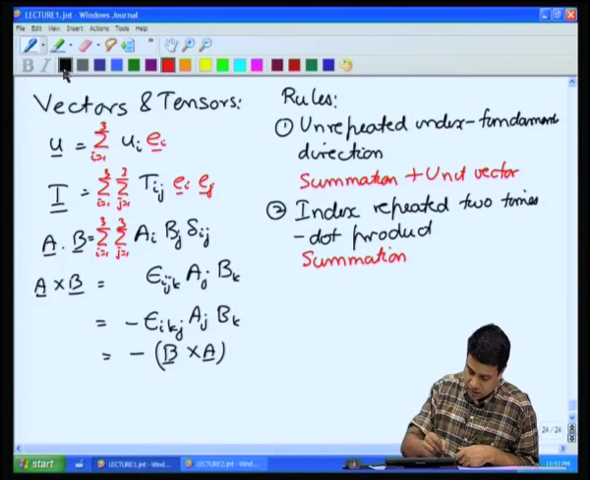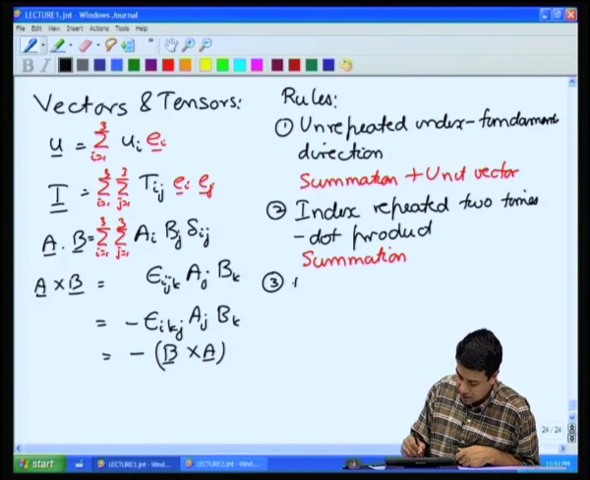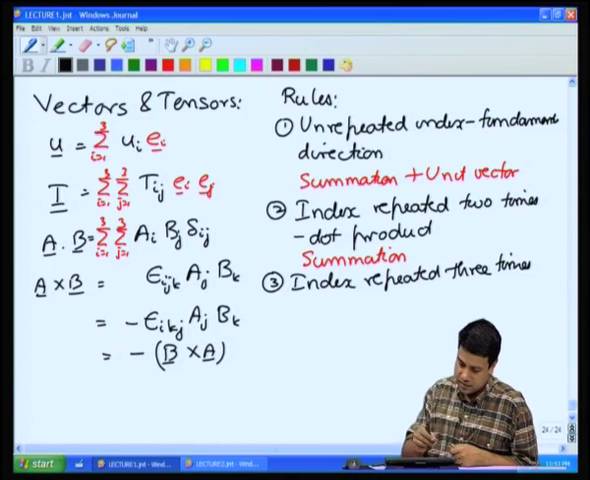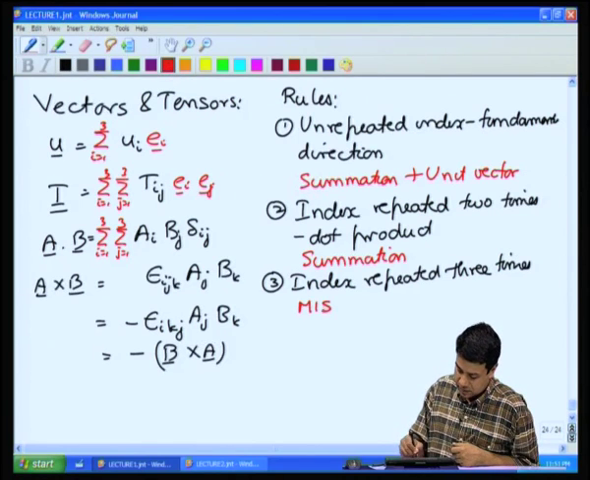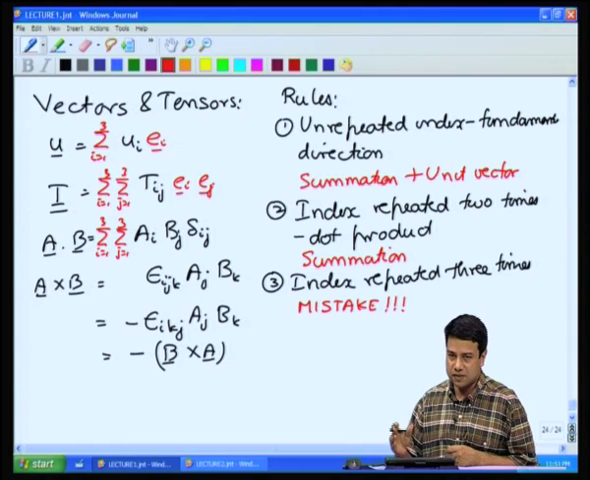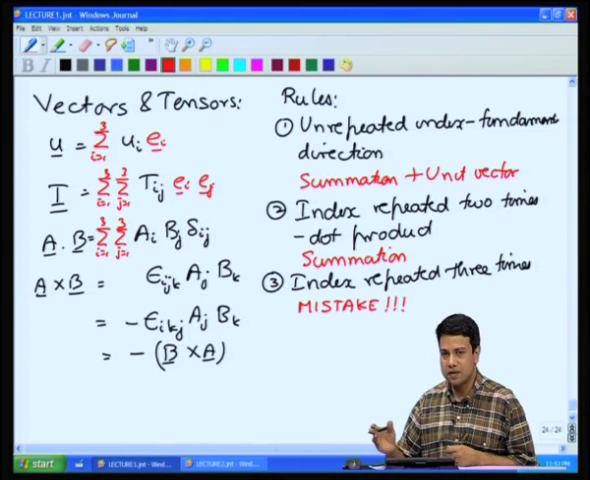Okay. And just for consistency, an index repeated 3 times means there is some mistake, because once it has been repeated 2 times, it has already been summed over, it has already become a scalar. You cannot have that same index repeated a third time. Okay. So, with these brief rules, we can go ahead and work with vectors, tensors of any order without having